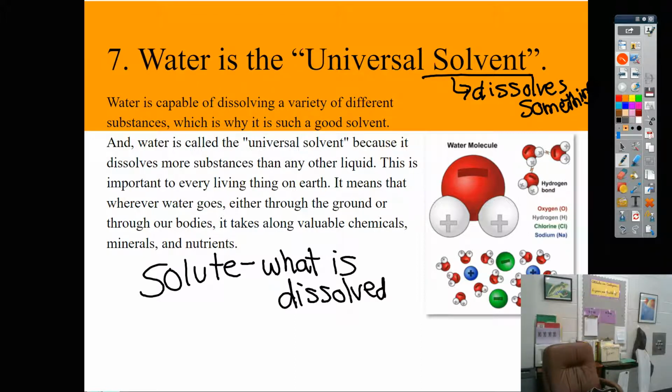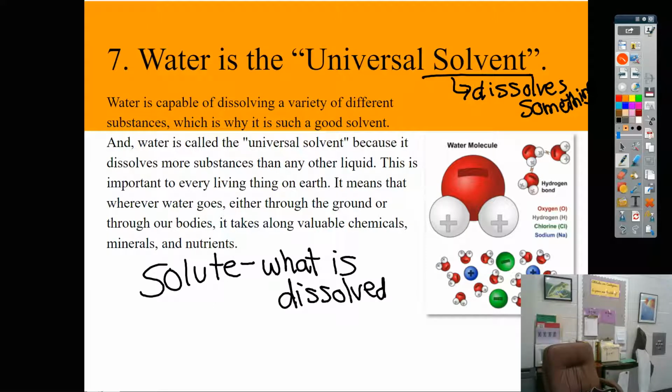When you think of cooking, most of the things that you're going to dissolve, you're dissolving them in some water-based substance, because water is a universal solvent. Does it dissolve everything? No. But it dissolves a lot of things. And that's good for our body, because when we get nutrients and they dissolve in water, that makes it easier to get where they need to go in your body. Absolutely. But the solvent is what does the dissolving. Solute is what